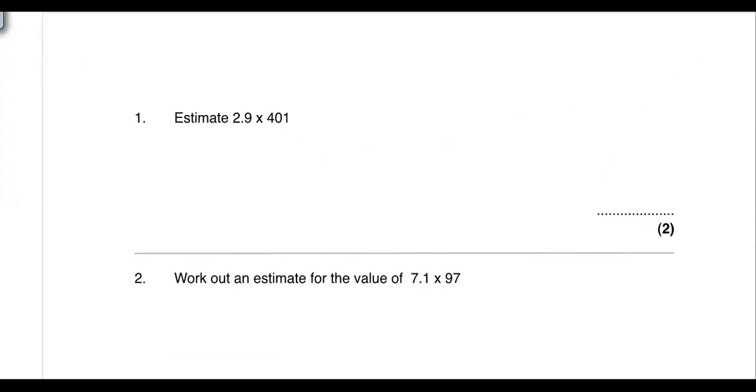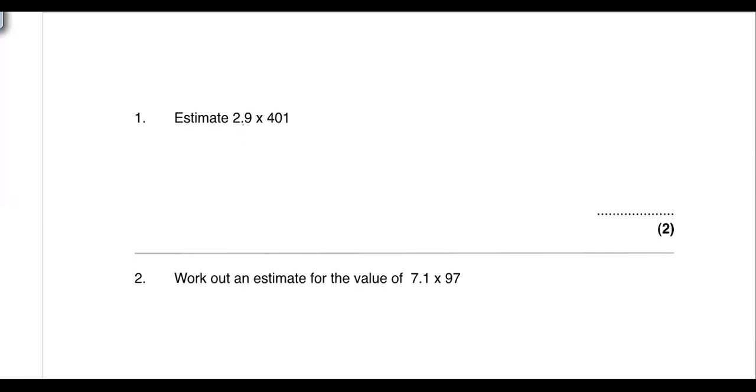For square root, the rule is slightly different. I will come to that rule also, okay? Because there was some question about that, which most of you did not get right. So that's why I will come to that also. For square root, we have a separate rule. Like the first question was about the estimation. We have to estimate. So, for the estimation, we need to round off each term to one significant figure.